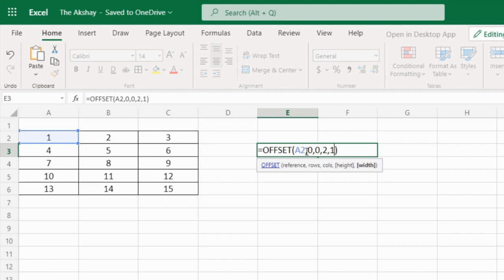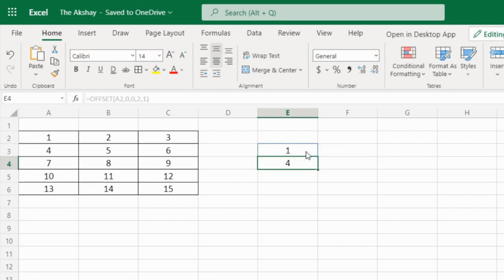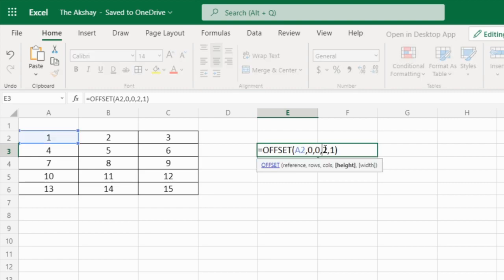2, 1. It will give us only one column, that means 1 and 4. See, these 2 cells, because height is 2, so 2 cells and width is 1, that means only 1 column.